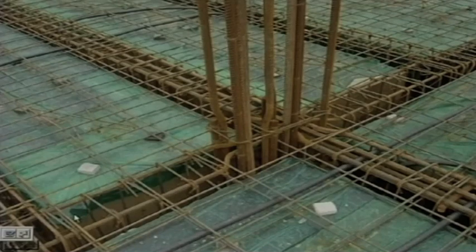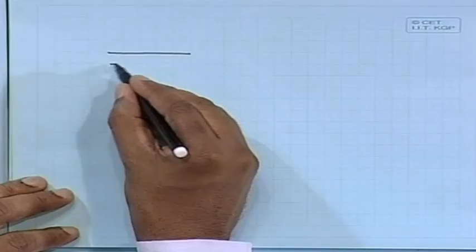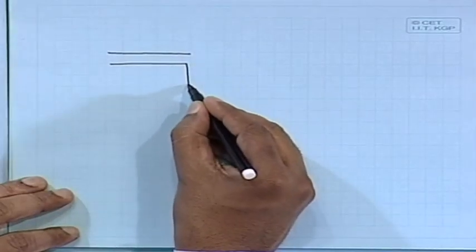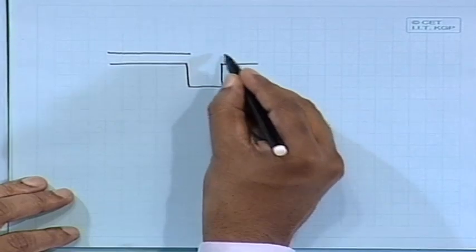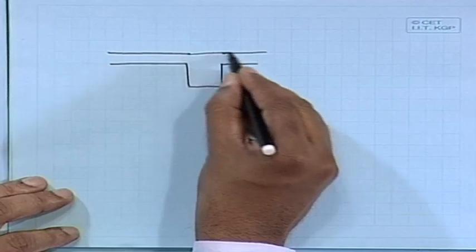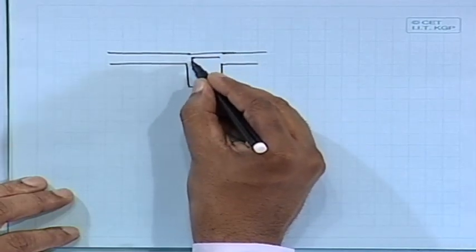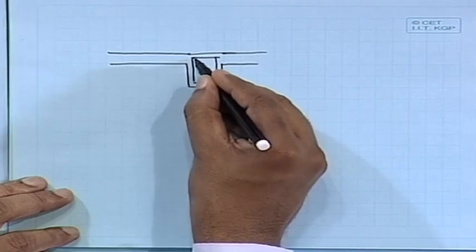Now, you also see this bar, if you subtract the clear cover from the top of the slab or from the floor, you will get this one, that is at the top level. So, that means here you can consider that it is designed as a T beam. What I mean to say is, this is your slab, this is your beam, let us say. So, your reinforcement is going up to this for beams,